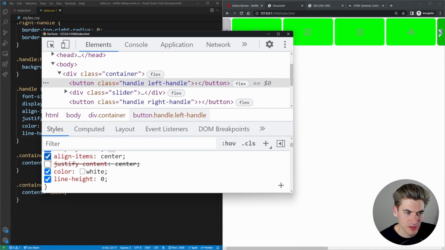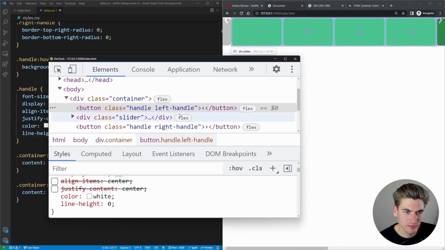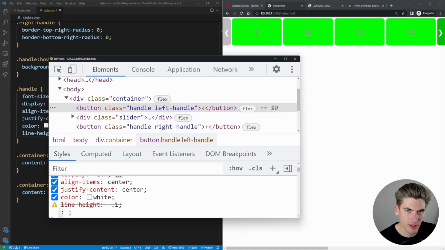At least to my eyes, that's what it looks like. So let's get rid of the justify and align. Line height. When we do line height 0, that's pushing it way up. And then if we align our items in the center, it's not quite centered, but it's probably close enough. Do like line height minus 0.1.